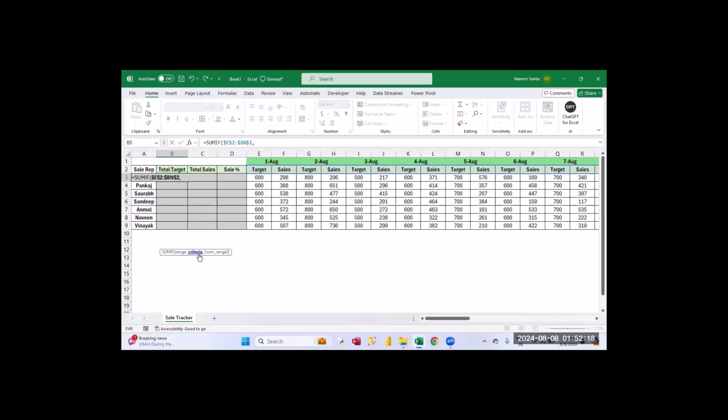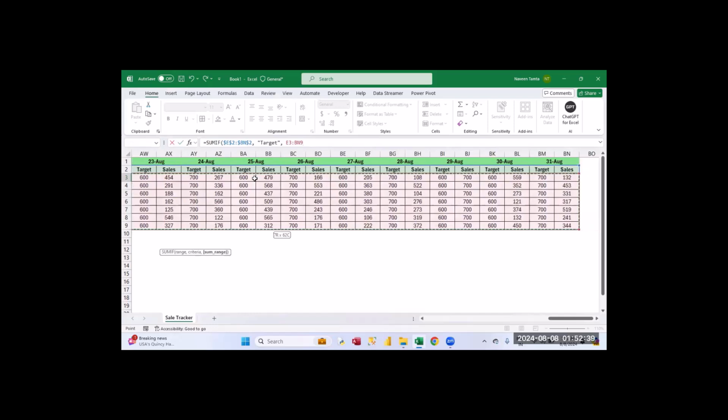So now it is asking for the criteria. What should be my criteria? So criteria should be my target. So in double quotation, I will be mentioning the target. Now it is asking for the sum range. So guys, in this case, what you can do, you can choose the entire range from start point to end point, means from E3 to BN9.